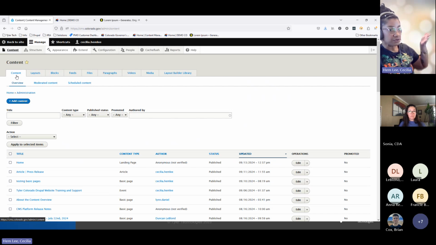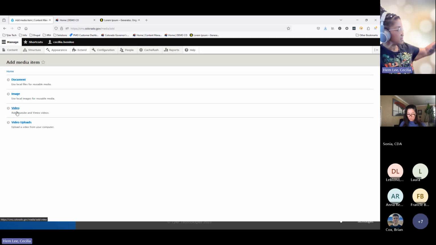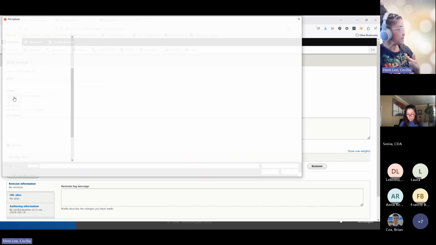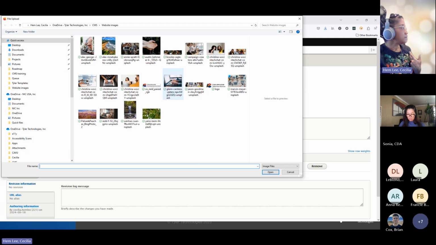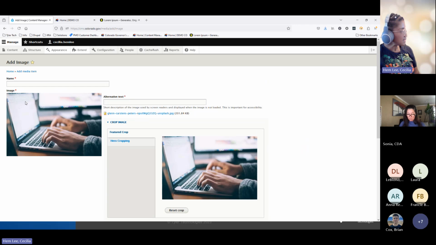It populates first, right? However, before you get into creating content, my advice is that you visit with the media section and you add all of your PDFs and your pretty pictures. I'm going to show you real quick how to do that. If you click, tap, or select on Add Media, you have the ability to enter these right here. Let's start with image. For an image, I could browse my device and I can select an image like so. Once the image is added,